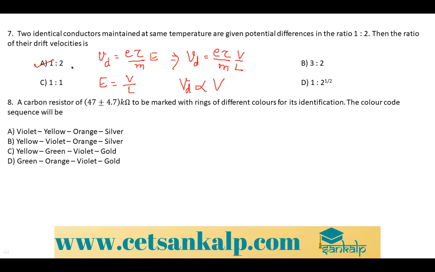Okay. Next, the problem is based on the color code. When you see this problem, they have not given the tolerance in plus or minus percentage. So to find that percentage, I'm going to divide. You know this formula, delta x divided by x into 100%. It's nothing but relative error and percentage error. You studied the formula in first year. So 0.7 divided by 47 into 100, you will get it as